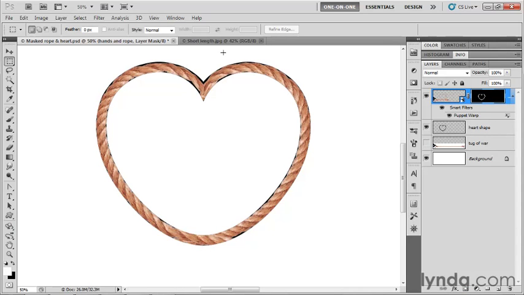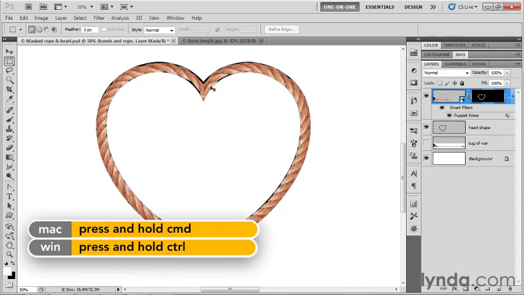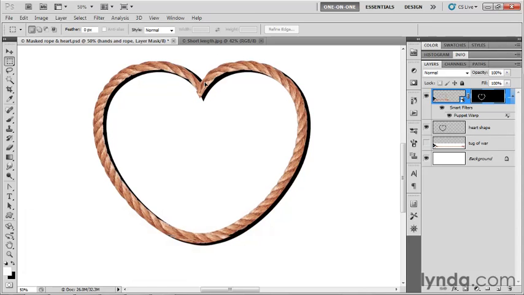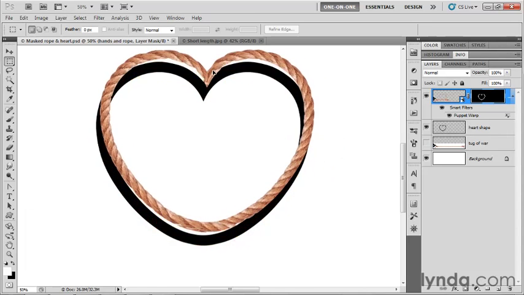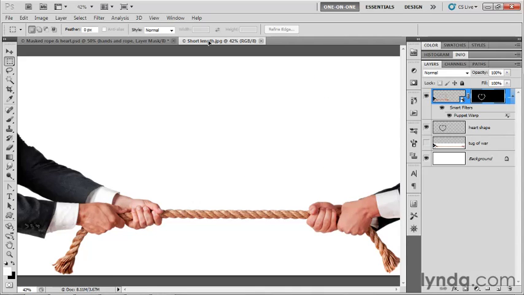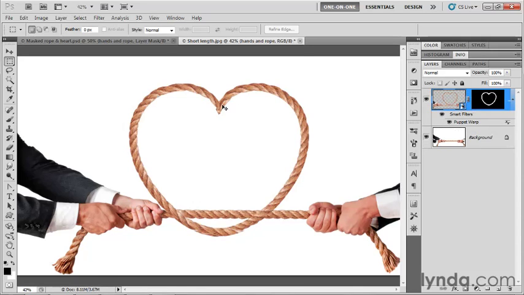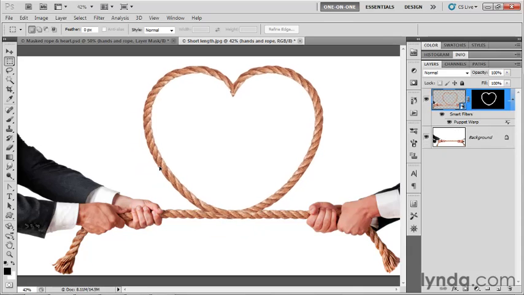All right, now then, notice that we have both of the images open, both masked rope and heart.psd as well as shortlink.jpg. I'm going to press the Control key or the Command key on the Mac to temporarily get the Move tool, and I will Control-drag or Command-drag this length of rope onto the shortlink.jpg tab, then move my cursor back into the image window after the image switches, and then drop that length of rope into place. And we now have this bit of rope like so, and now just Control-drag or Command-drag it to taste, so it more or less matches the rope in the background,